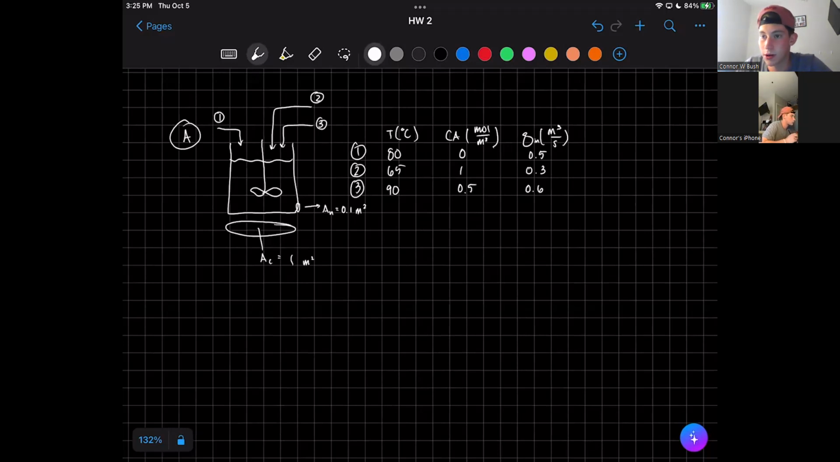I'm going to read part A and then get into it on my iPad right here. So part A: given 3 streams with temperatures of 80, 65, and 90 degrees Celsius, containing species A at concentrations Ca of 0, 1, and 0.5, flowing at 0.5, 0.3, and 0.6 meters cubed per second, respectively, into a perfectly mixed tank with a cross-sectional area of 1 square meter and a drain hole of 0.1 square meters. Calculate the liquid height, temperature, and concentration of A if the mixing tank has been operating under these conditions for